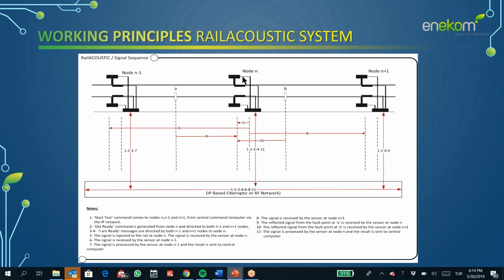looking at the incoming acoustic signal from the central node N. So as the process continues, the system proceeds to sense the generated acoustic signal. There is one signal coming from node N to node N+1, and at the same time, if there is a discontinuity or a fault on the rail track, a reflected signal comes back from point B, as shown in this slide, and comes back to node N, to the RAR unit, and the RAR unit